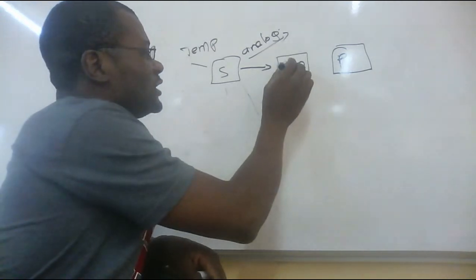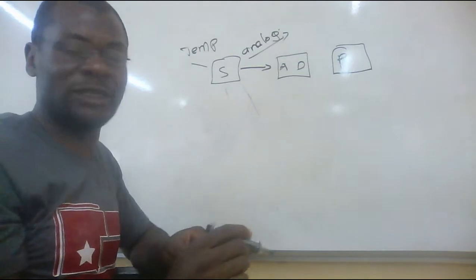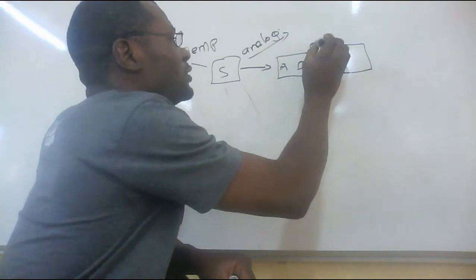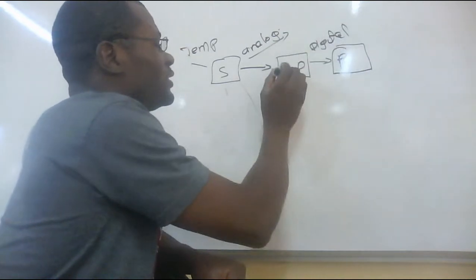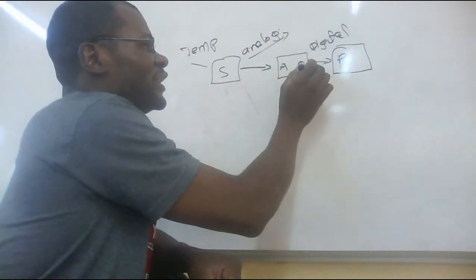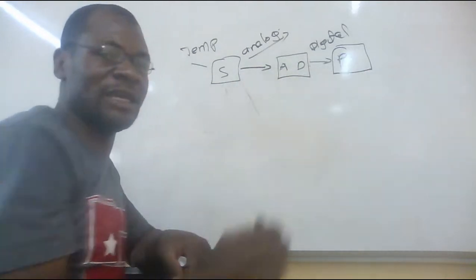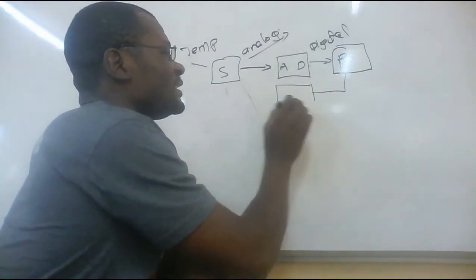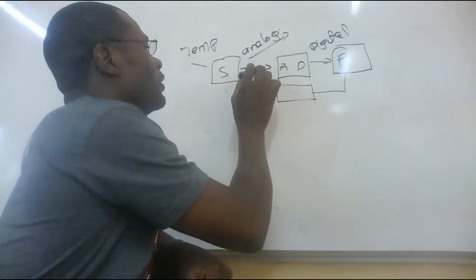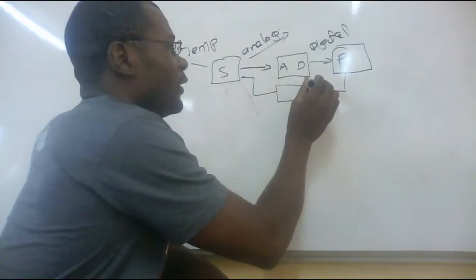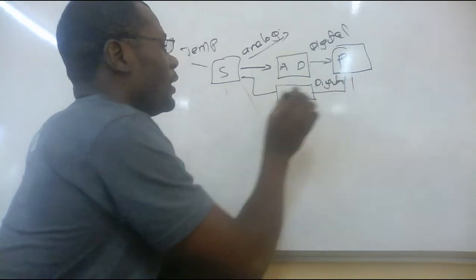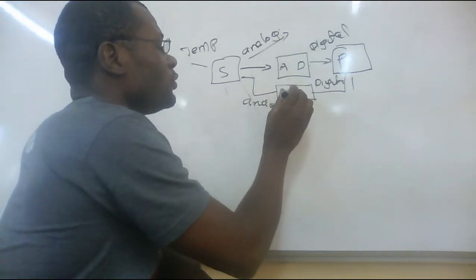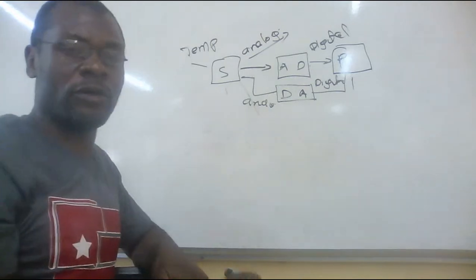So the analog to digital converter is going to convert the analog signal into a digital signal. No sooner does it pass through this device than the signal is converted into digital so that the computer can understand. But equally, if the computer wants to talk to the sensor, the signal is going to be converted. There we've got digital, and there we're going to have analog. So this is the digital to analog converter.